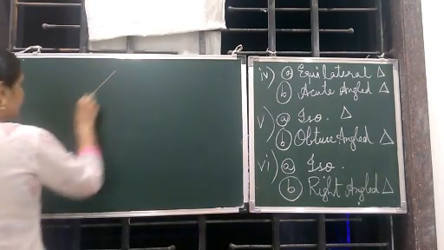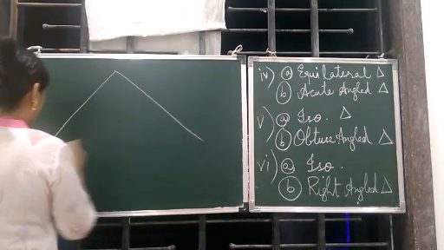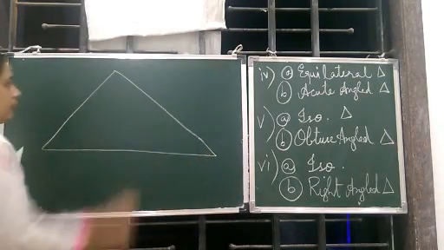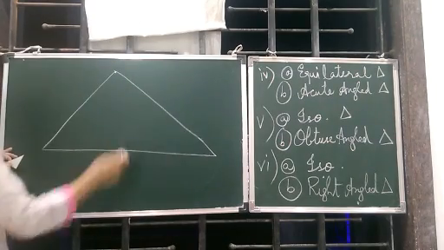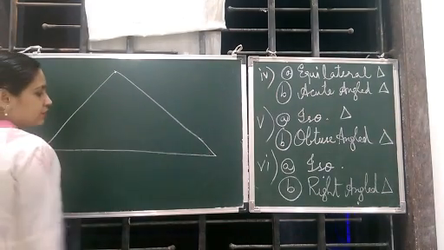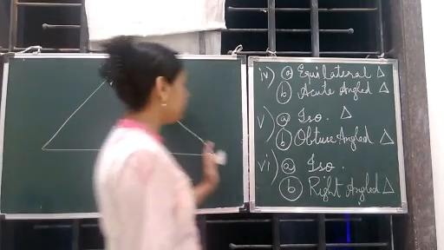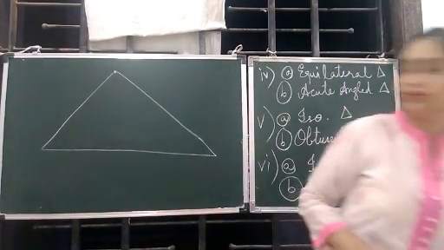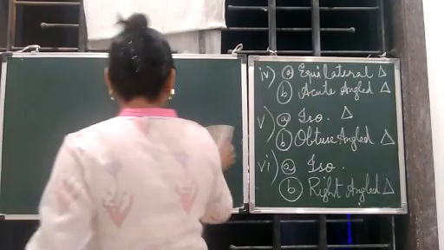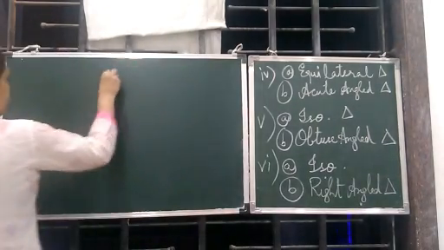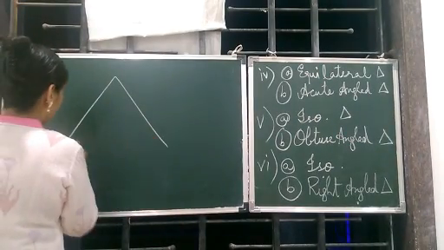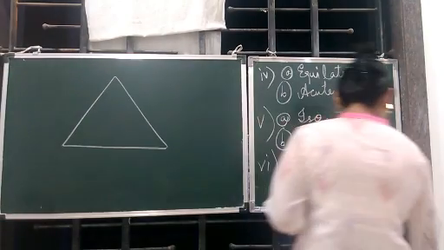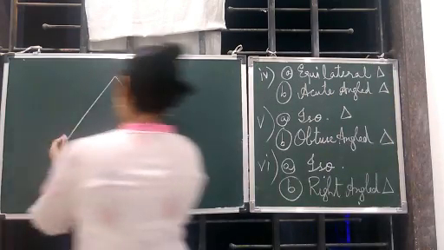But when a triangle is made on the board, you cannot fold the board. Then what to do? This side is very easy. We can start from here. But where to go? We don't know the measure. So very simple. We make a perpendicular bisector of the base of the triangle. This is the base of the triangle. Taking radius more than half of the base. More than half of the base means this much will be the base.